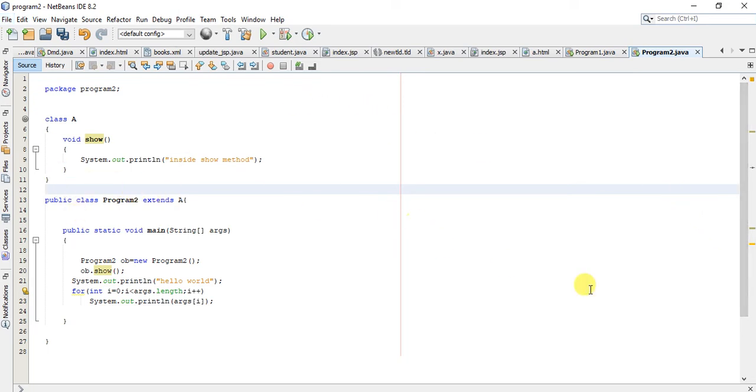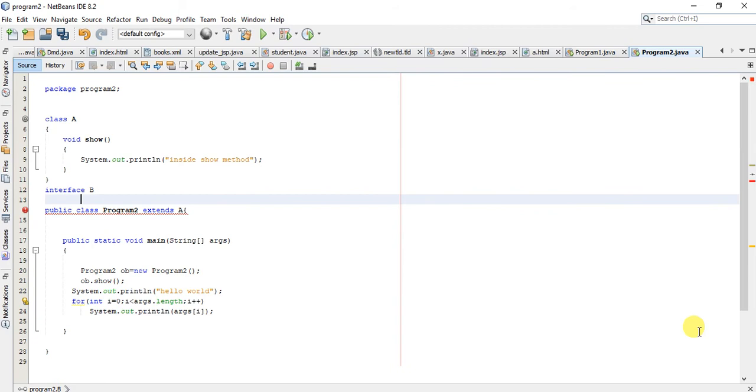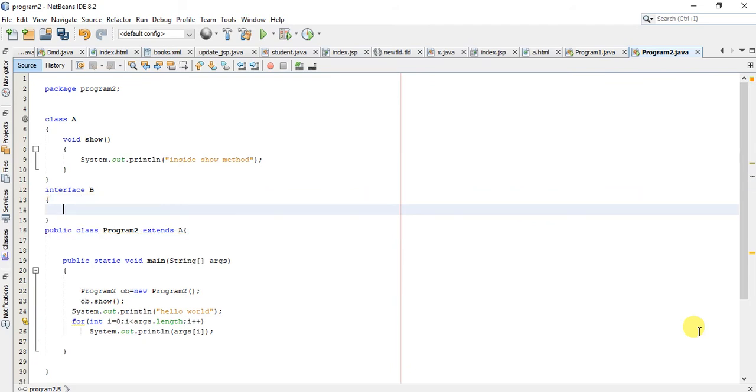By abstract method we mean that we can only define the method and we cannot implement it. We can create an interface using the keyword interface, then the interface name, suppose B, and body.